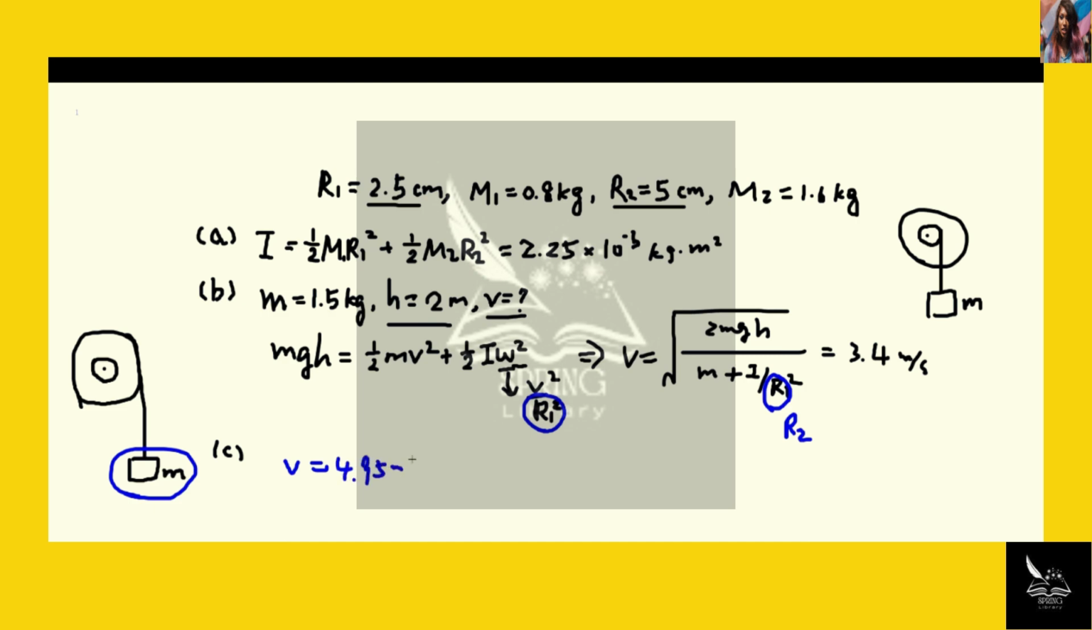4.95 meters per second. This velocity is larger than the previous one because the two disks, since they share the same center, rotate together, so they have to have the same angular velocity. And with the same angular velocity, the one with the larger radius will get a larger linear velocity, or tangential velocity. That's why in the second case, you get a larger